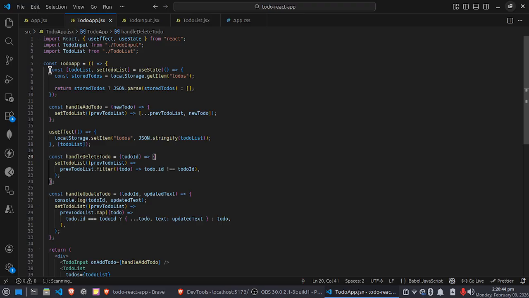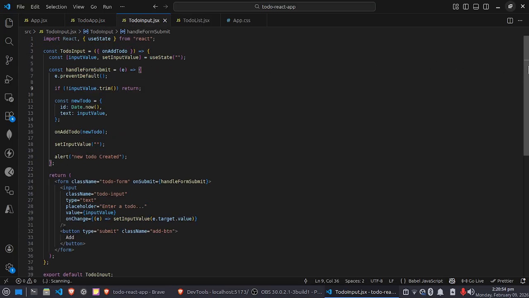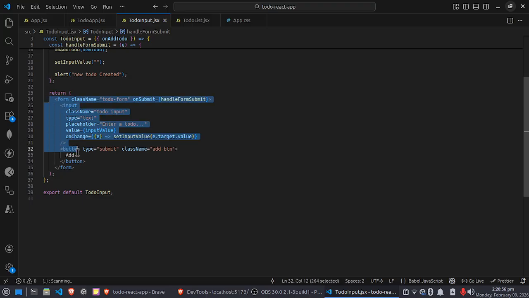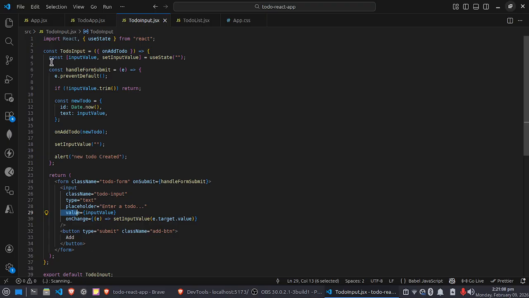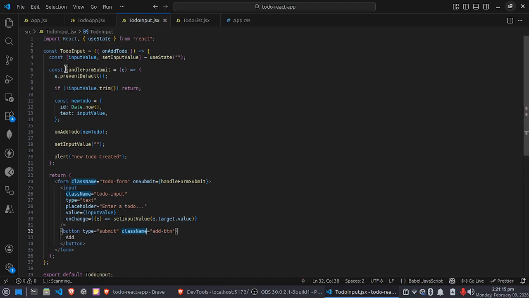And I also have two components. I am dividing this complete software into two components: to do list and to do input. To do input has only one thing: the form. The form has only the input field and the button. Input field, normal class for the CSS, and it has the value const input value. Set the input value on the change event, and on submit I call this handle form submit, and first